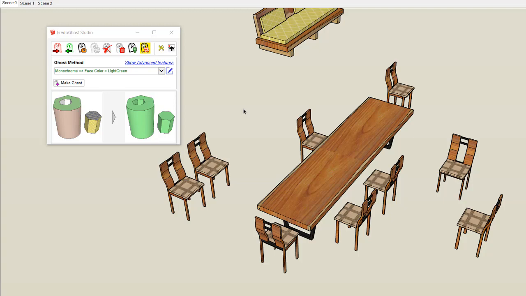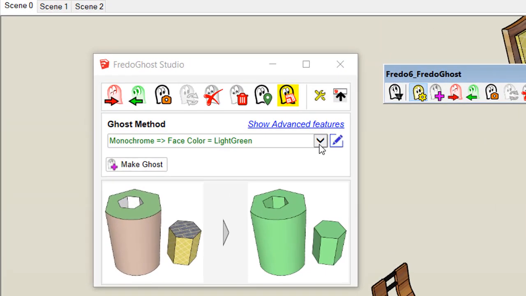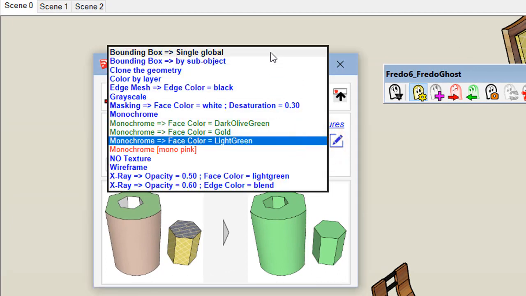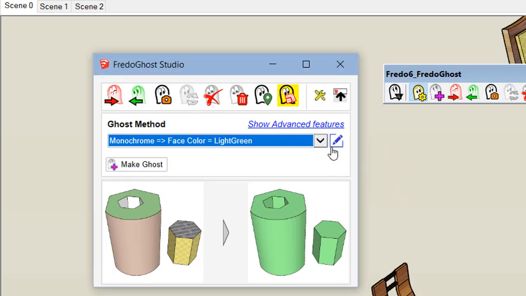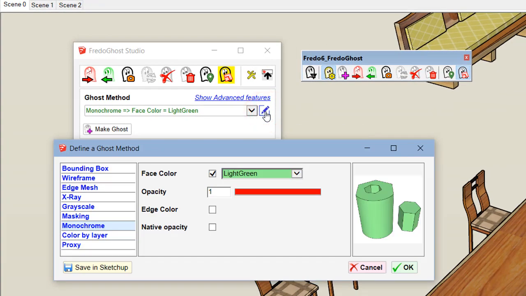FredoGhost comes with a number of built-in methods which are accessible through this combo box. So you have the built-in methods, the methods used in the model, and also the methods persisted in SketchUp. You can customize a particular method by using the Ghost method editor.